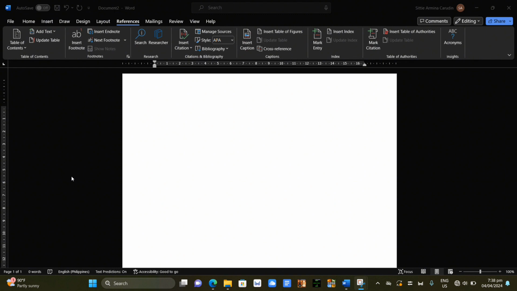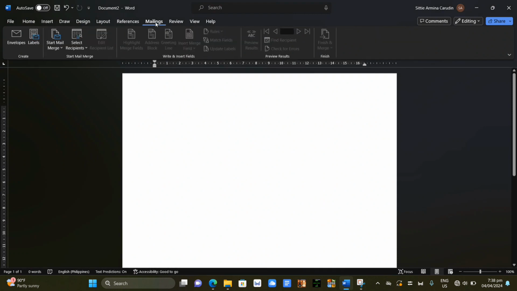Step 9. Click the Mailings tab to review your document sharing options. So click the Mailings tab. You can check your email settings, start mail merge, select recipients, and share documents from within this section. First, you can also create and print an envelope